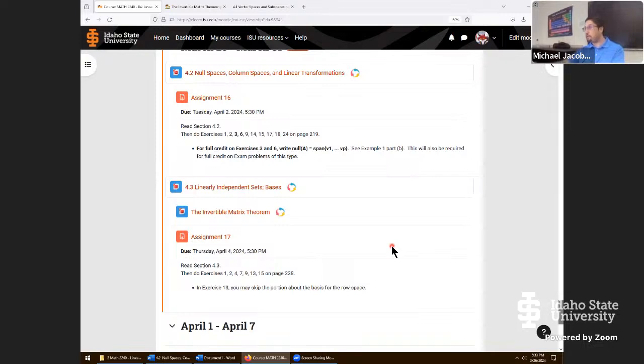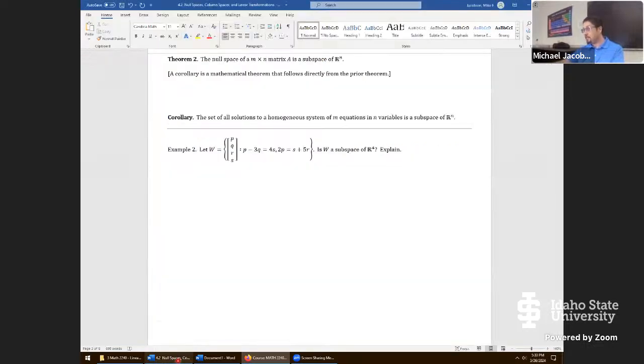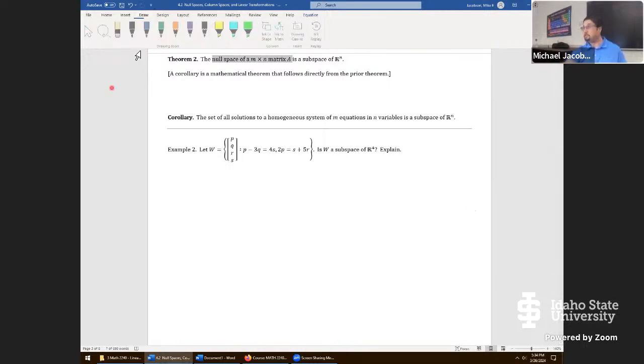Okay, well, let's take a look at where we left off. We left off here on example 2, but before chewing through this, let's pause right here where it says the null space. We're concerned about null spaces of any size matrix, so it doesn't have to be square for this definition. And just to get a warm up for today's class, let's just write down that definition. Null A